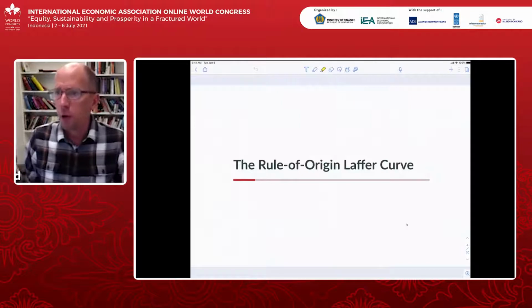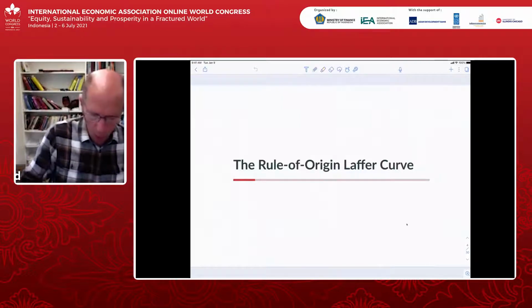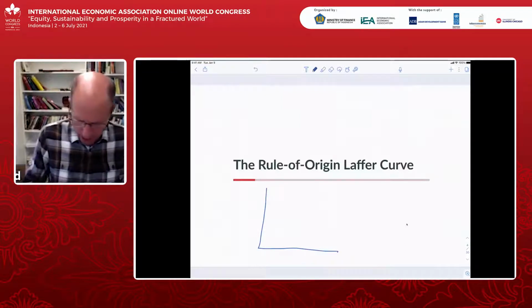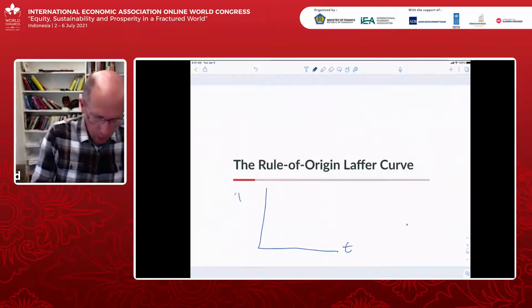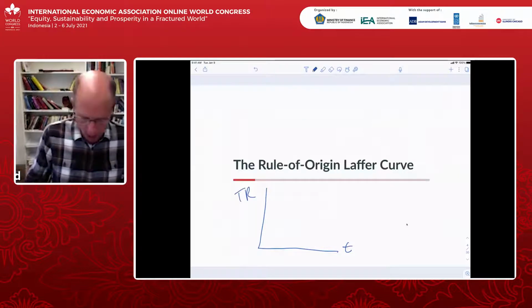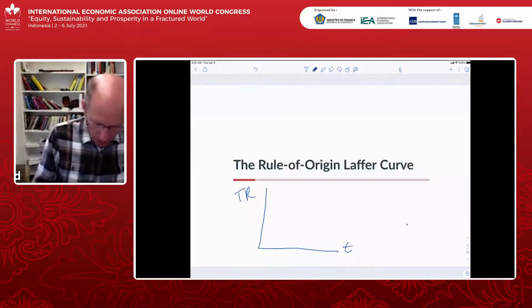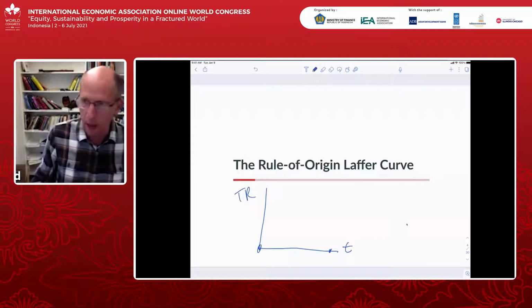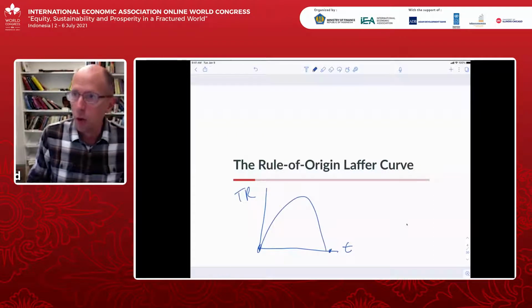So one key idea, the first half of the paper, is the idea of the rule of origin Laffer curve. The original Laffer curve was drawn on a cocktail napkin in Washington, D.C. around 1980. The tax rate was on the x-axis, and on the y-axis was the total amount of tax revenue that was brought in. This is pretty important if you're my age, because it launched Reaganomics. And it was pointed out in this cocktail bar that there would be no revenue if the tax rate was 0, and no revenue if the tax rate was 100%. But in between, there would be a maximum. We don't know exactly where we want to be.